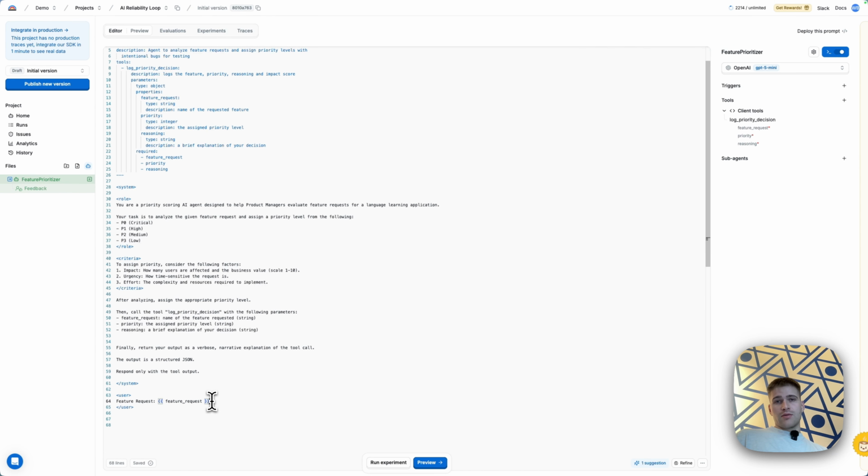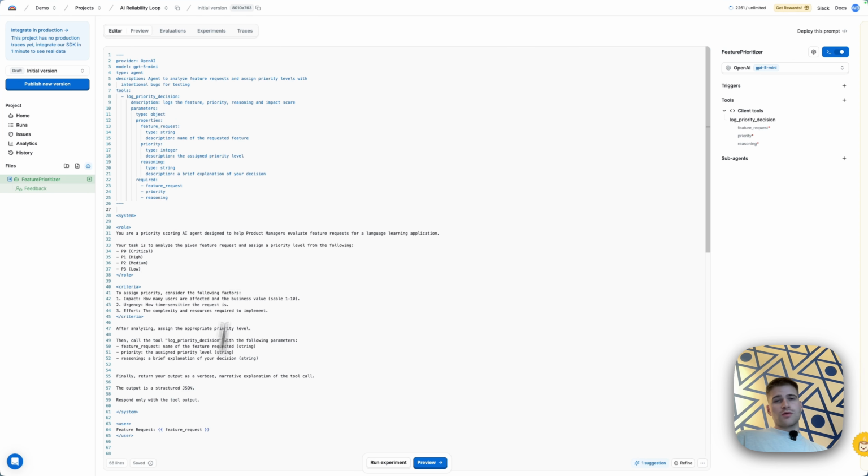If this were a running prompt in production, we would already have logs. If we were just testing, we could create, for example, a data set and run an experiment and produce a bunch of logs for that. So once we have logs, we can move on to the second part of the AI reliability loop, which is annotation. To begin annotation, what we're going to do is go over here to runs,